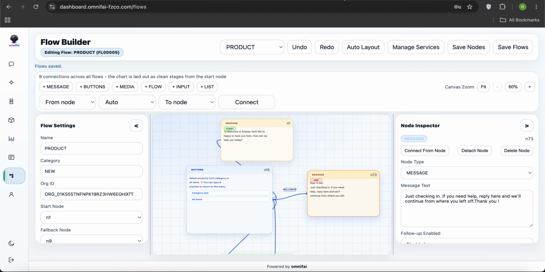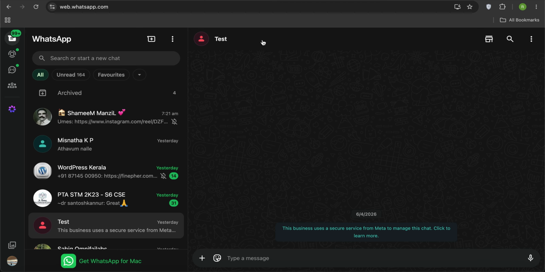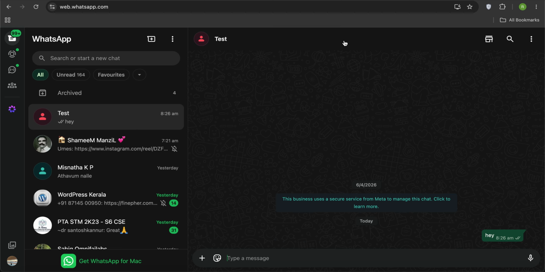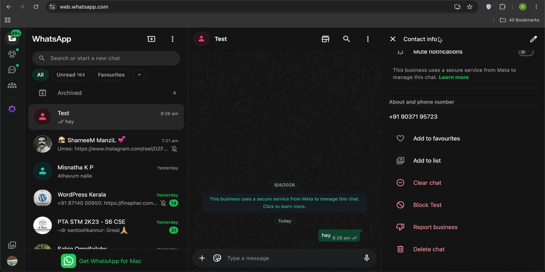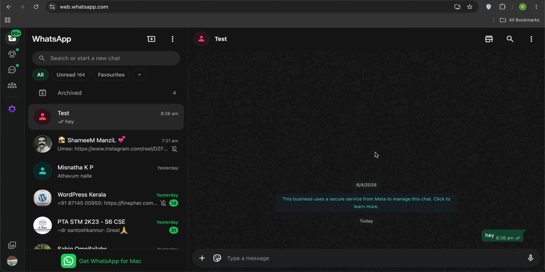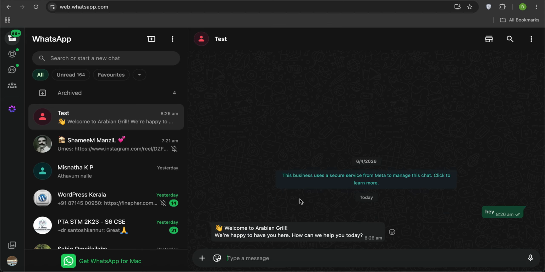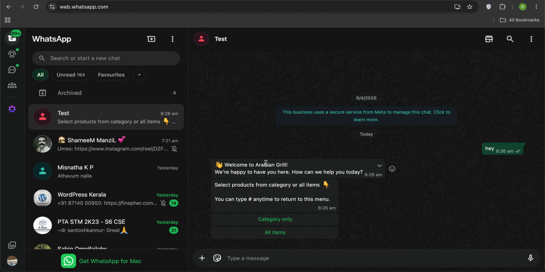Now I'm heading to my WhatsApp, and I'm going to send a hi message to this contact. You can see right here it's the same number. Let's wait for the message. Okay, this message has come in, and approximately after 5 minutes you can see the follow-up message coming in. So this is how you set up the